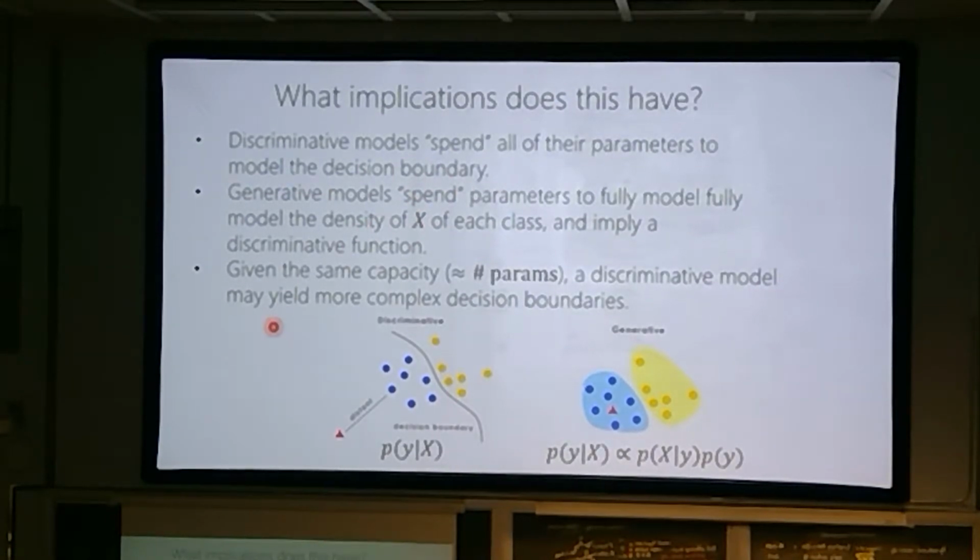Right. And in particular, if you had a particular number of parameters, then the discriminative model might have a more complex decision boundary because it's not having to model all of the x's. So somehow by forcing the generative model to model the density of the x's, you're kind of constraining it in some ways and spending your parameter budget there. And again, I'm just trying to lead you through some of the intuition here, and as we go through, hopefully this makes more and more sense.